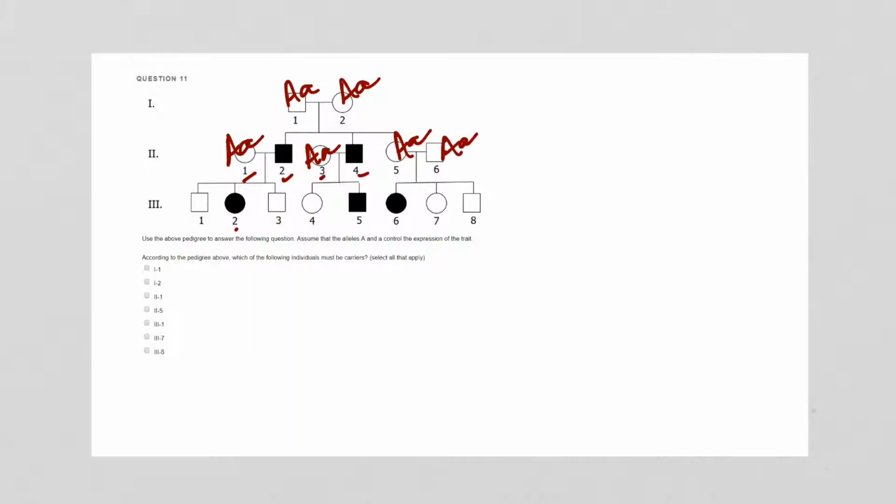So keeping that in mind, we also can look at these individuals. Even though they look dominant, they inherited a little a from this parent. So they're carriers. The same thing applies to this one. And over here, these are really the only two that we can't definitively say, because these two could be this or they could be this. And if you did the Punnett square from their parents, you would be able to see that those are combinations that do come up. So here, this one is a carrier, carrier,